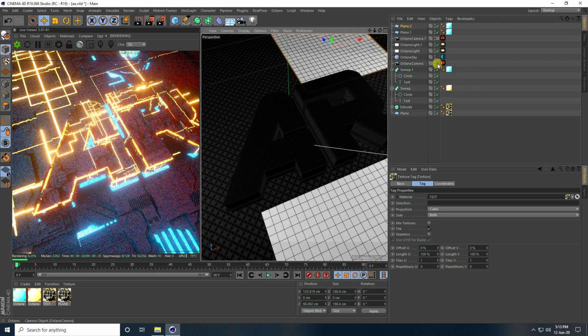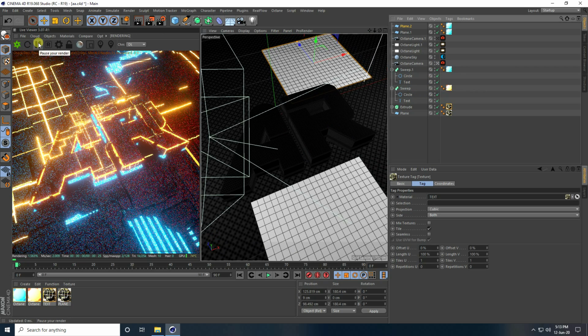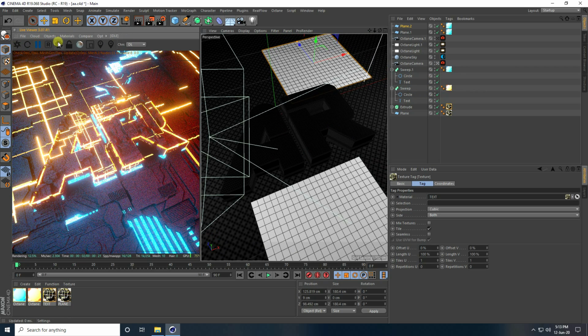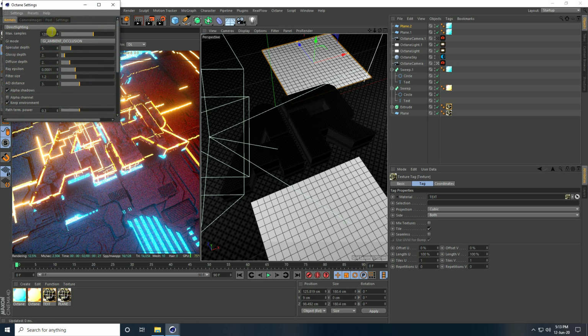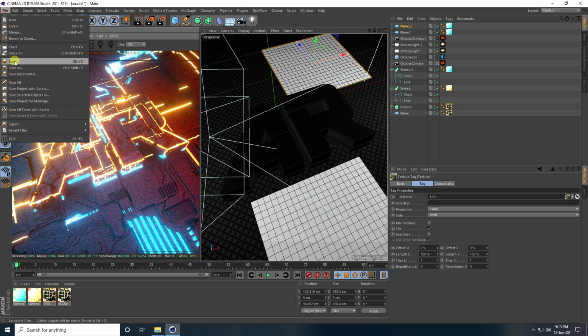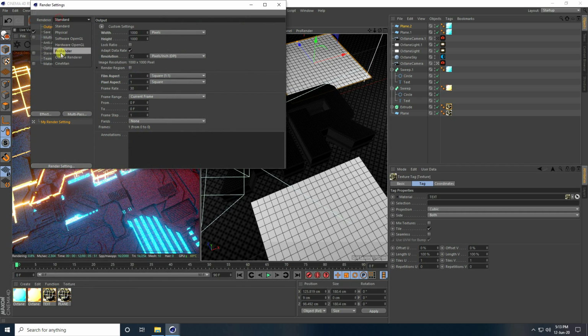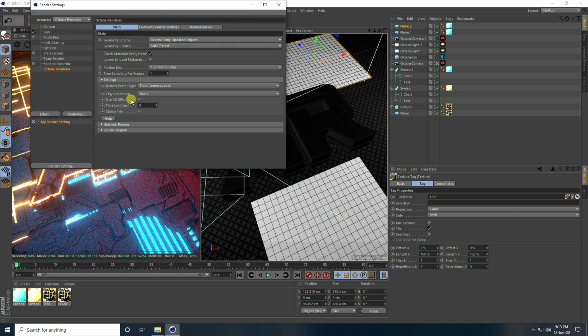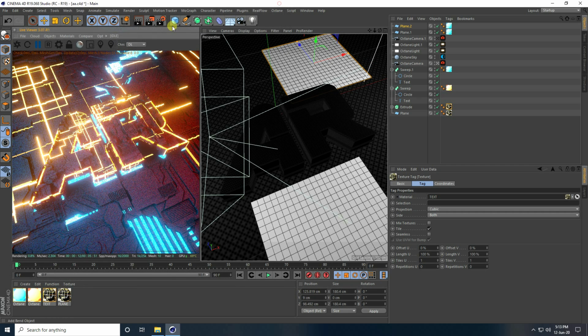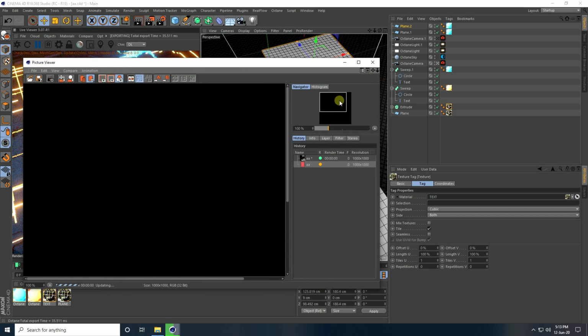Now go on camera and stop this rendering. I go to render setting and final render setting, guys, I take like 2000 and specular depth I take 6, 3 and 3. Yeah, so close and go on render setting here and change also render to octane and all use GPU check and click on here.